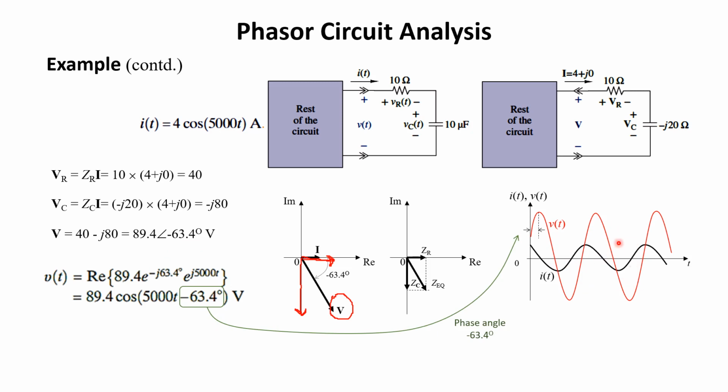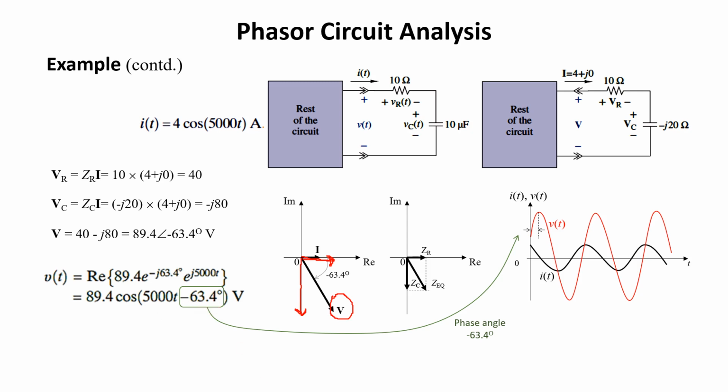Now we show it over here in the waveform. So this is the current, IT. The current IT has no phase angle, so it starts from the peak. It is a perfect cosine function, and the voltage over here has a peak value of 89.4, and its phase angle is minus